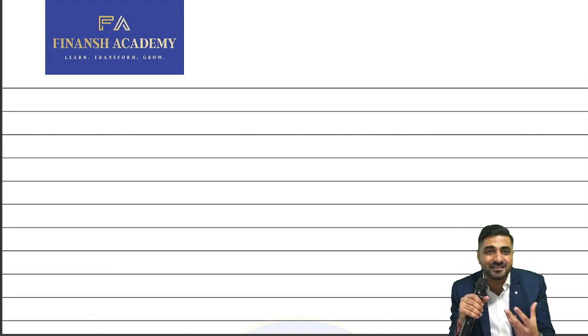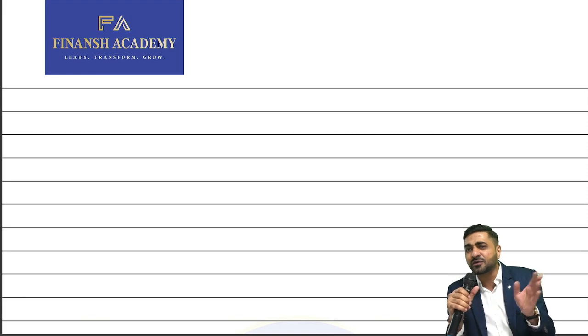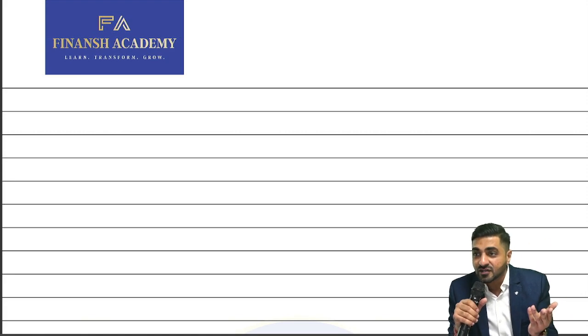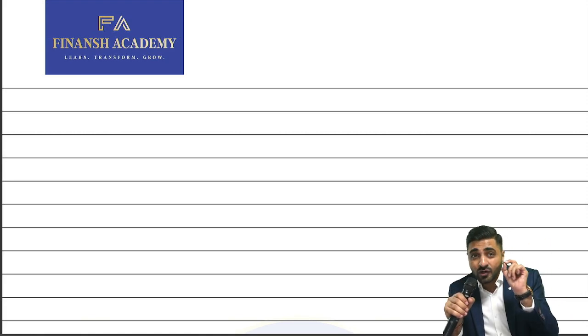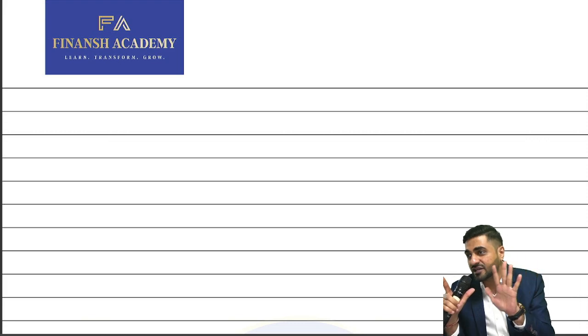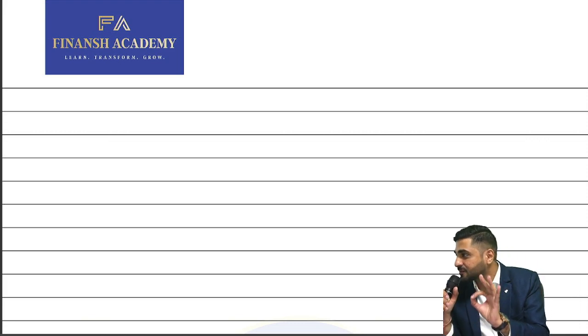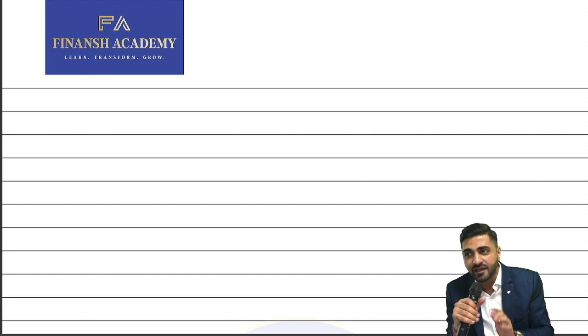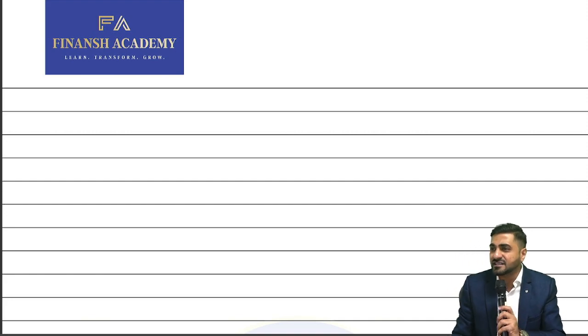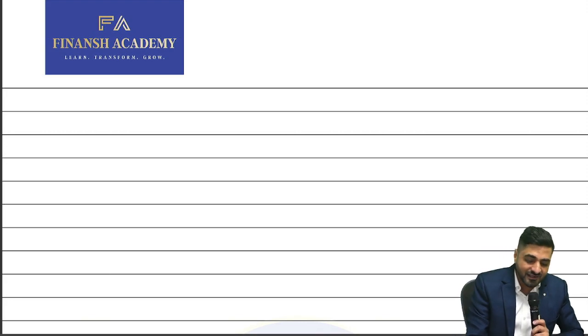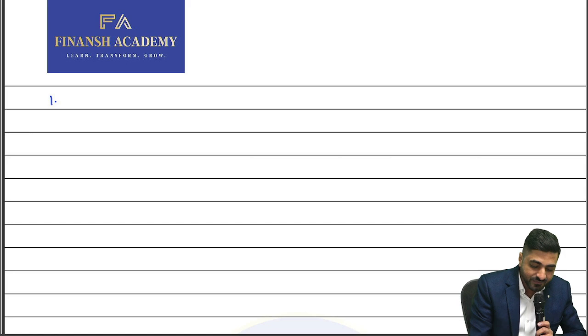Now, why I'm telling you this as well, because sometimes institutions can just give you a P&L and balance sheet and they will tell you to calculate solvency. So then you should know that in solvency ratios, there are 7 important ratios to help us determine the solvency of the company.